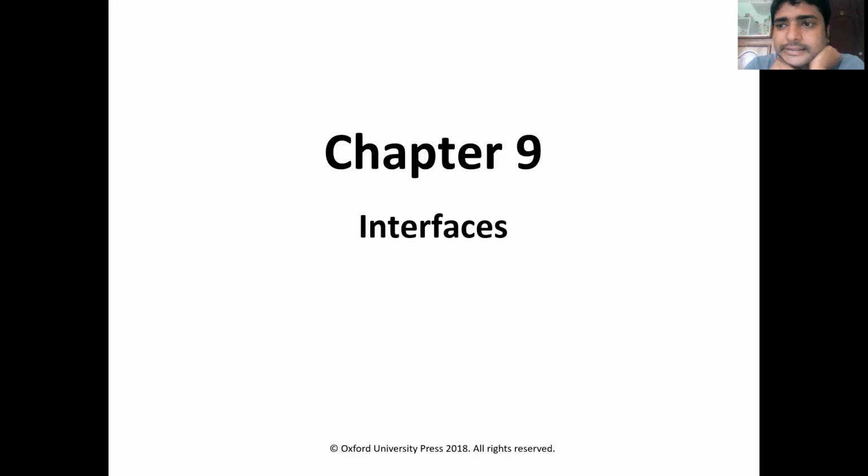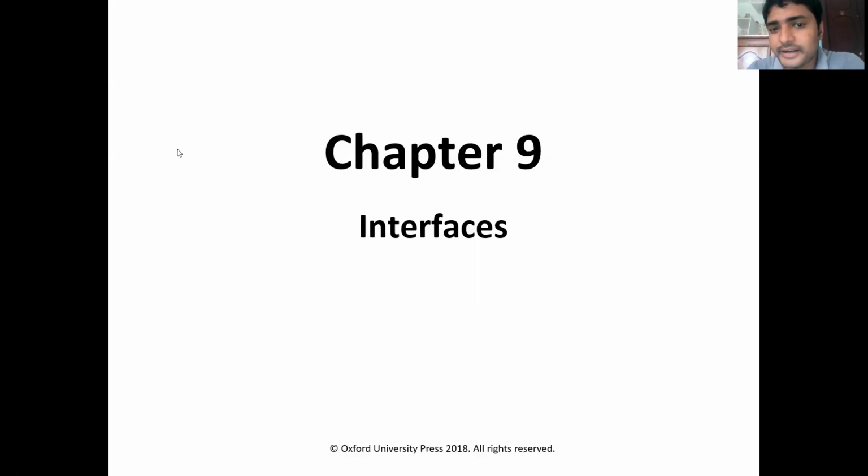So in the previous classes, we have practiced the programs and seen the concepts regarding classes, objects and methods, as well as arrays and inheritance. So let us start interfaces. There is another concept in Java, that is interfaces. An interface is one type of reference in Java. It is just like a class, similar to the class.